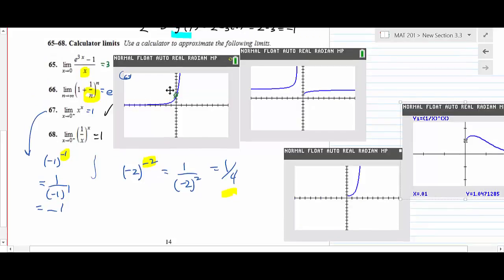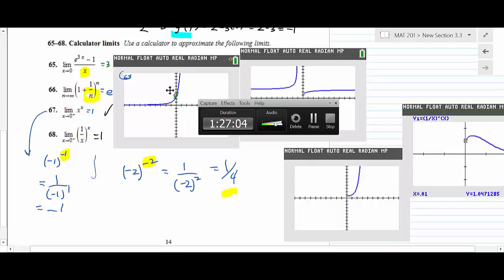At this stage, these things can only be done with technology. But once we get, in a couple of sections later, we learn what's called L'Hopital's rule, then you start working with these things more analytically. Okay? So I just wanted to give you an idea before we get to L'Hopital's rule. Okay? So that's the only way at this stage that you would be expected